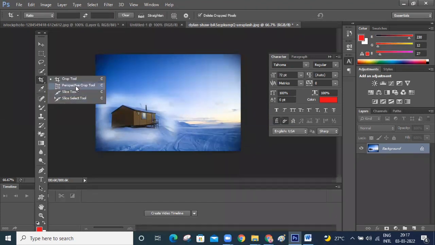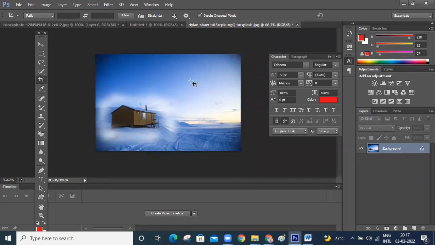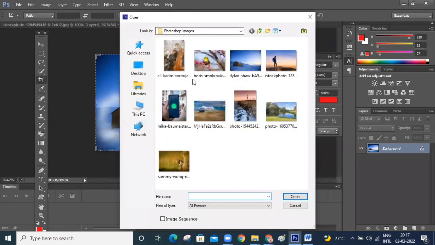Next we have the perspective crop tool. You understood crop tool, right? Yeah. For perspective crop tool, I will select one other image, but let us take this mobile only.